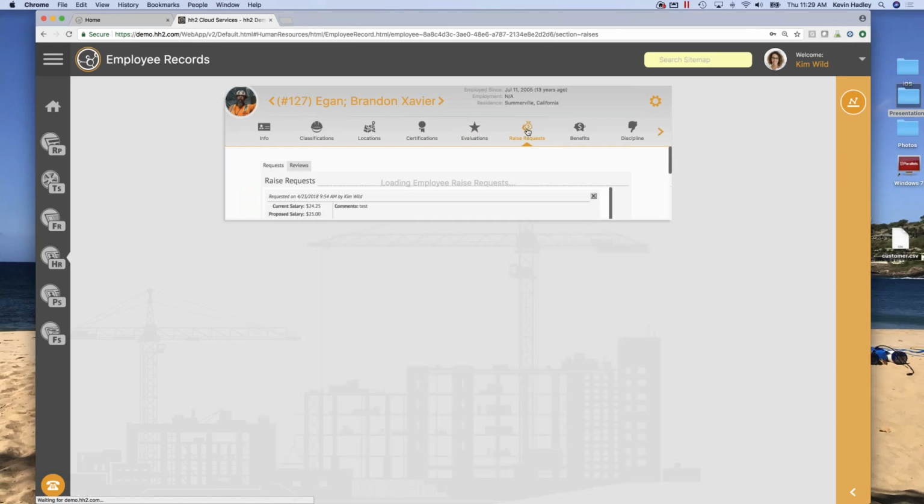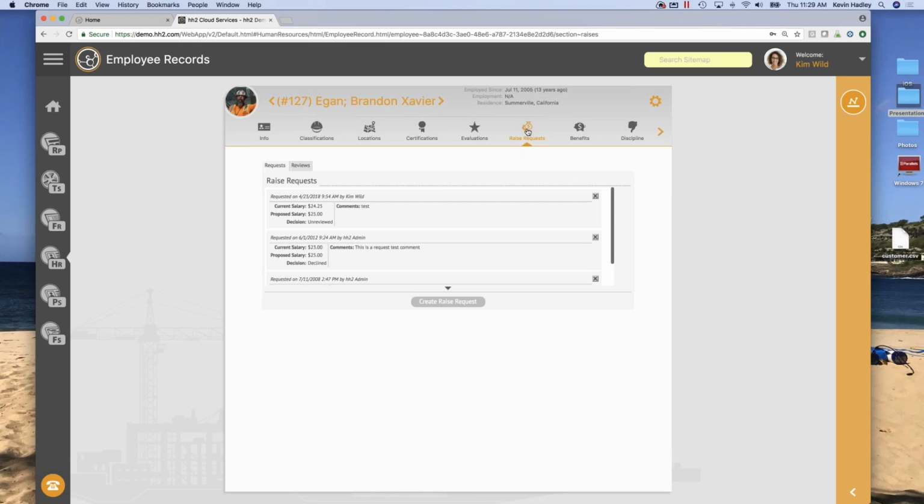The next one over is the raise request tab. It's not a tab that's used very often within our system, as we do queries and see which features and functionality clients are using, but it's there for you. For some companies, they love it. They live and breathe by sending out raise requests for employees.